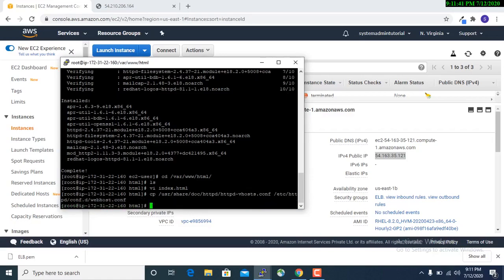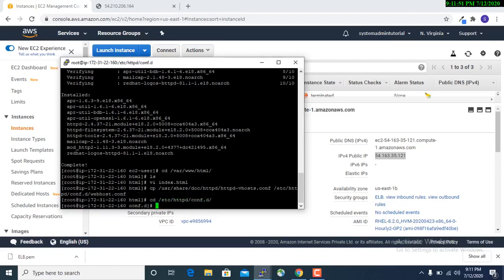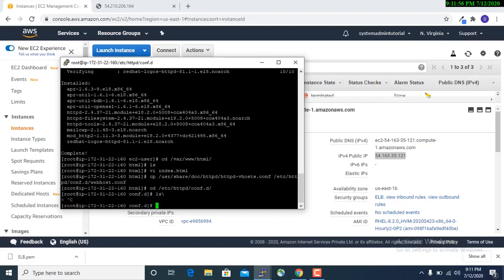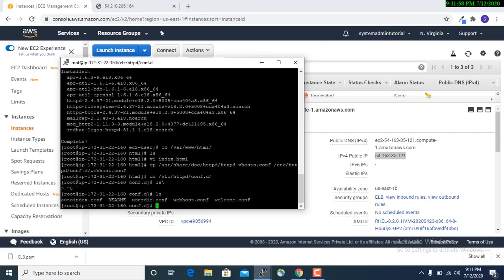You have to copy it into /etc/httpd/conf.d, then whatever the conf file you want to be, that is webhost.conf in my case. You can give it any name, but the extension should be .conf. Okay, it is successfully copied.